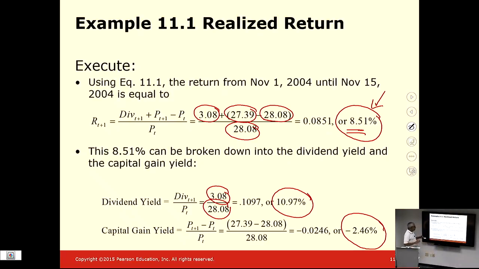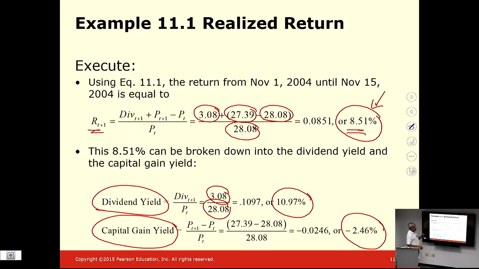This is useful for several reasons, to break down overall return into the two components of dividend yield and capital gains yield. It gives us a look into the source of my reward. Where is my reward coming from? That's useful. And the second usefulness is that it is based on taxation, because